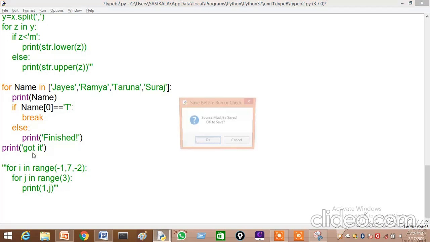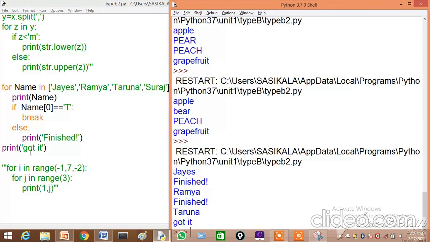Okay, let us execute. Same thing, Jayesh finished, Ramya finished. Once it encounters Taruna, it will come out of the loop, because we have given break here, and it will print got it.